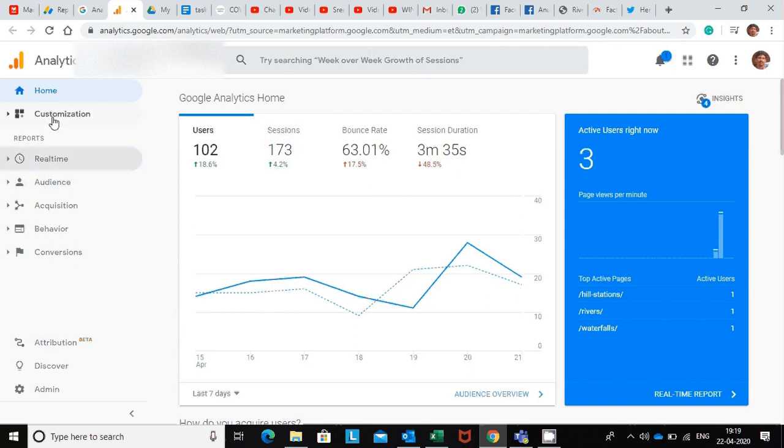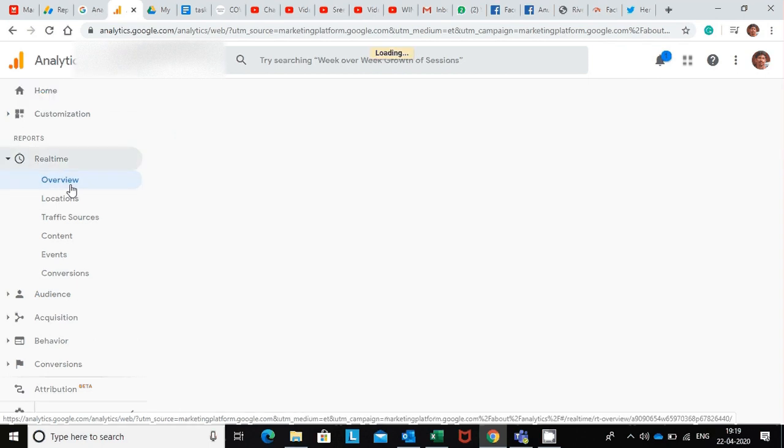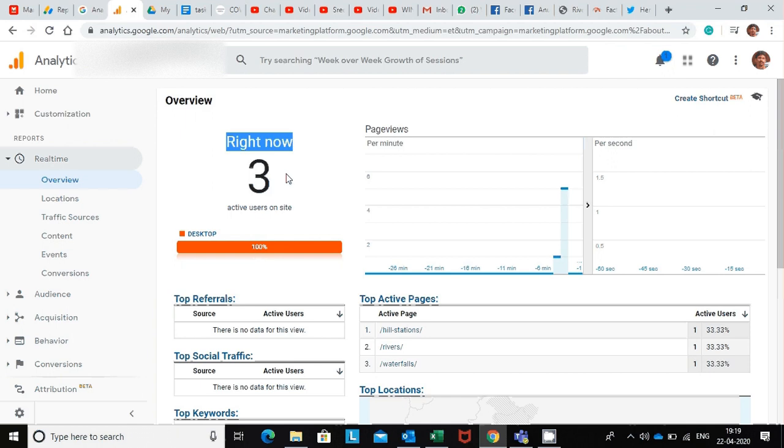Here on the left side you can see certain menus and links. If you want to know the real-time traffic on your website, the live traffic, you have to click on the real-time link, and it will show certain sublinks. Under that you have to click on overview. Okay, so when you click on the overview, you will see that right now there are 3 active